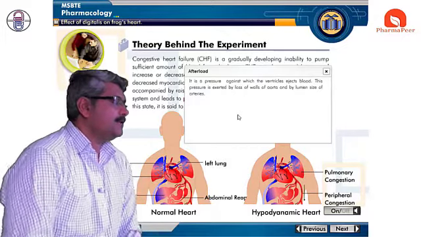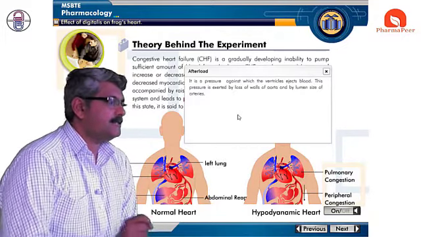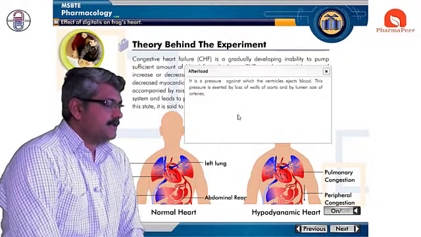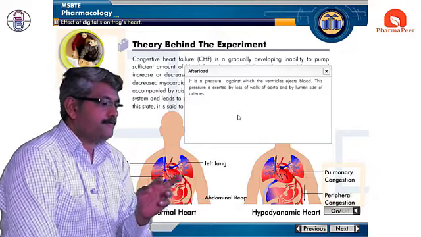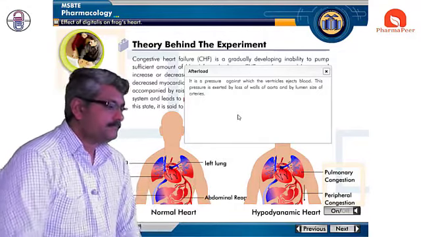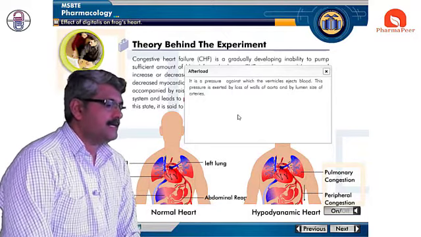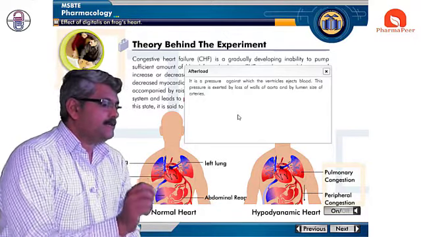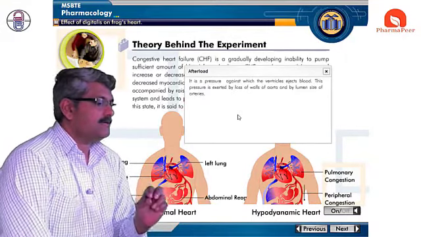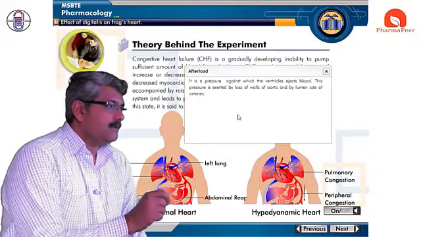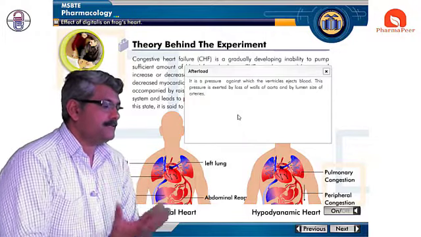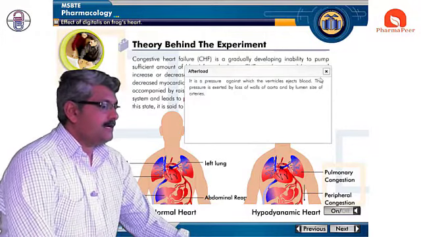What do you mean by blood pressure? The pressure exerted by the blood on the walls of the blood vessels is called blood pressure. Here, the heart contracts, and due to contraction it ejects the blood. When the blood is ejected, it creates a pressure on the aorta as well as the arteries, getting pressure from the blood when the heart pumps. That we call afterload.